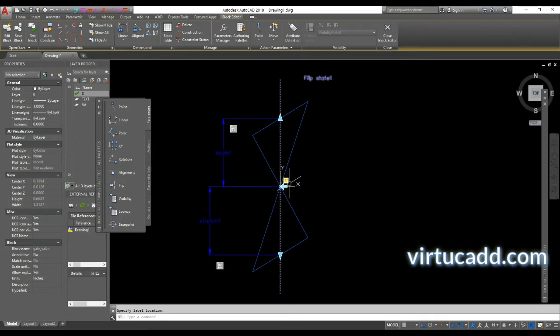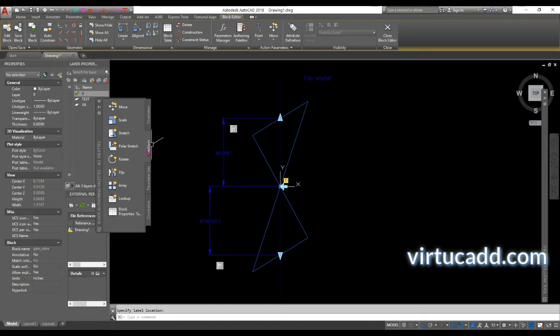This yellow exclamation symbol indicates that an action is not applied yet on that flip parameter. So we will have to apply an action.